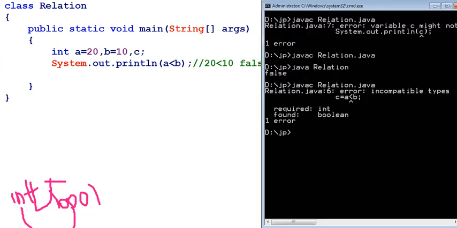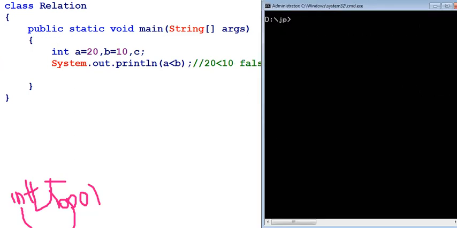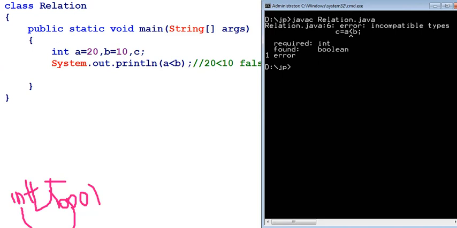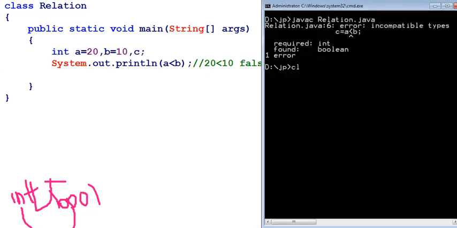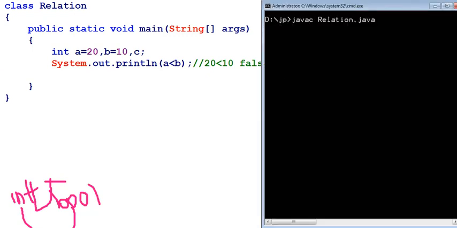Let me execute the program. I am saving the program with the class name Relation, and I have given the javac command. I saved the file and it is successfully compiled. Now I can give the execution, java followed by Relation.